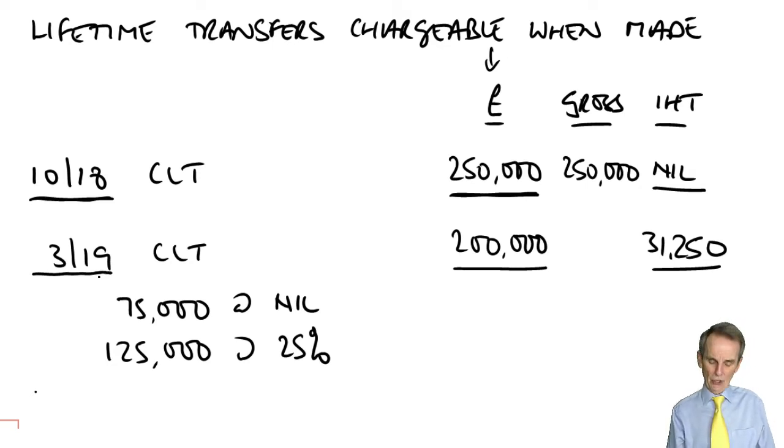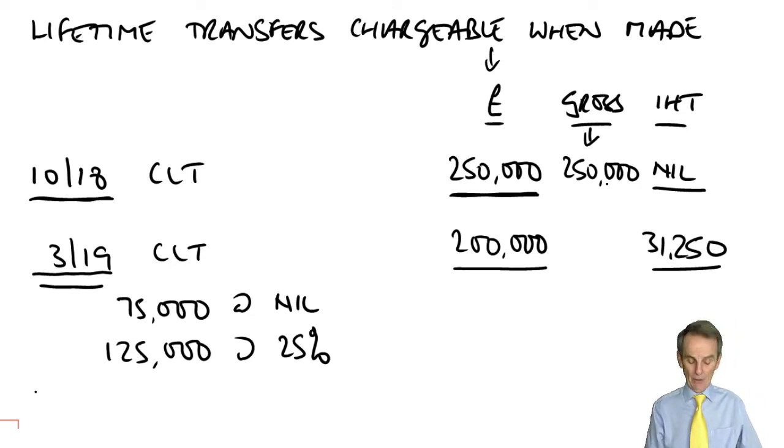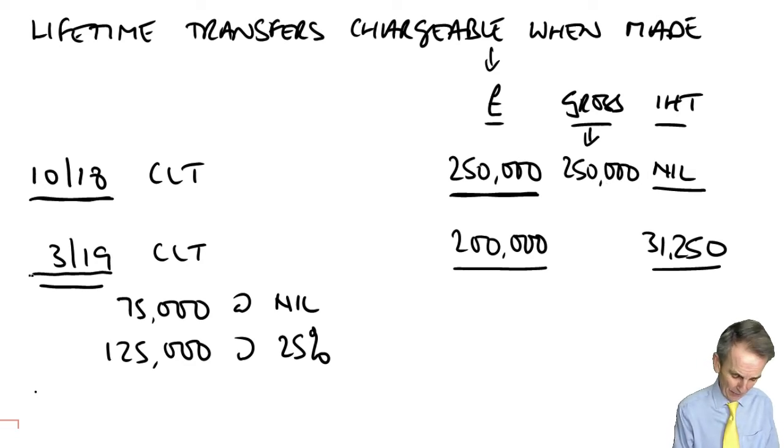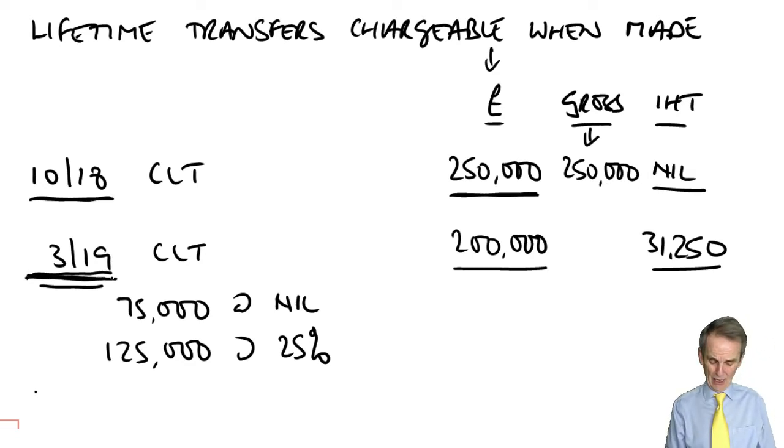This is where the accumulation principle comes in. Were there any other CLTs made in the 7 years before it? Of course there was, October 18. So our gross total at the date of March 19 is that 250,000 gross figure. So with a gross chargeable figure of 250 recorded for the CLTs made within the 7 years before the date of this transfer, March 19, we now tax this CLT, this £200,000, based on